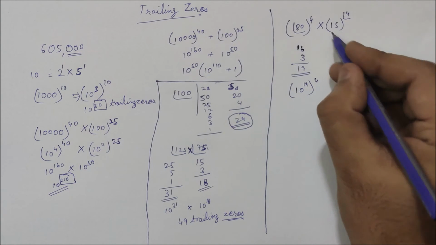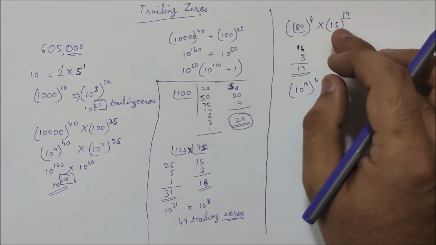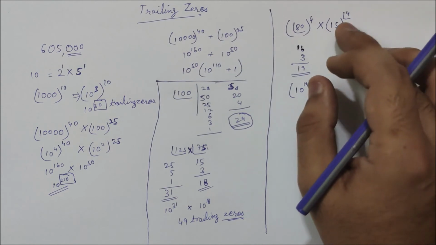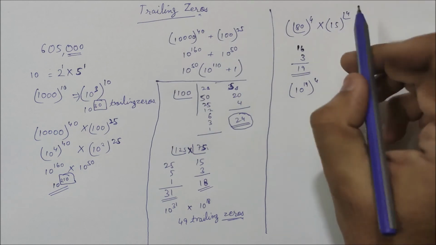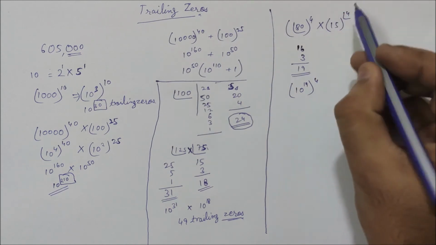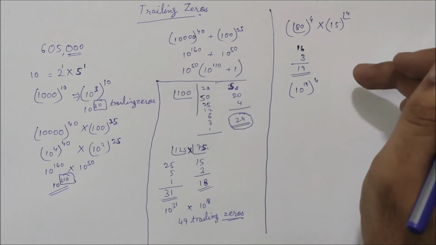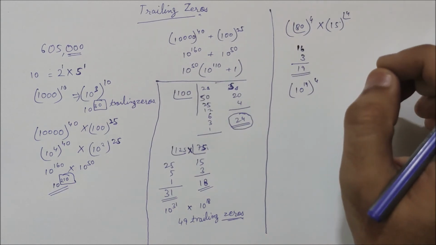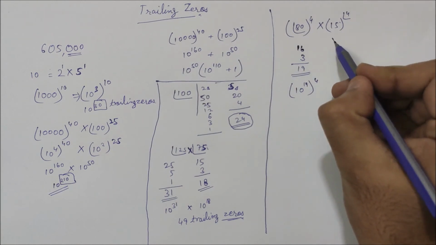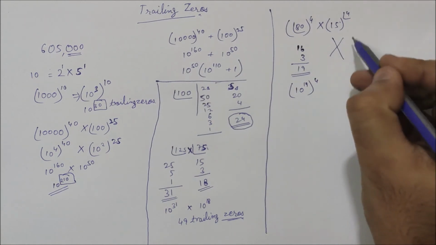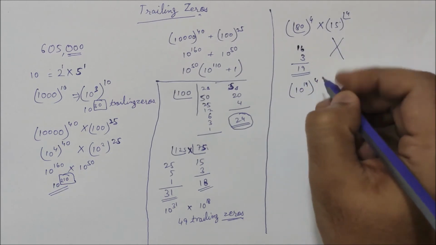Now going for 15, since 15 is not a factorial, there aren't any trailing zeros available in 15. So 15 raised to whatever power, we have already discussed this in cyclicity, that 5 raised to any number would always result in the unit digit being 5 itself. They have a cyclicity of 1. So there would not be any trailing zero available from this part of the question. I'm just bothered about this part.